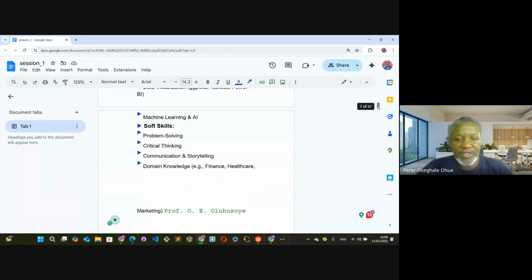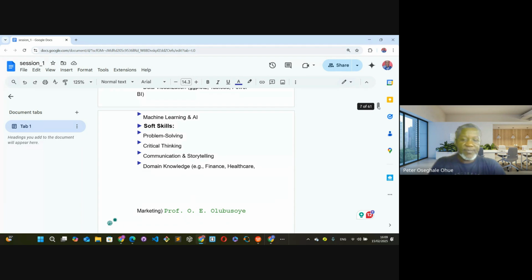What about the soft skills? These are skills that we already have acquired. Since many of us are lecturers or admin staff, we already have acquired these skills, but we'll put them to the test. Discovering problems, providing solutions to problems, thinking critically. The goal of critical thinking is problem solving, improving our ability to communicate what we have as solutions to our clients or stakeholders, telling it in a beautiful way so that it will be a story that